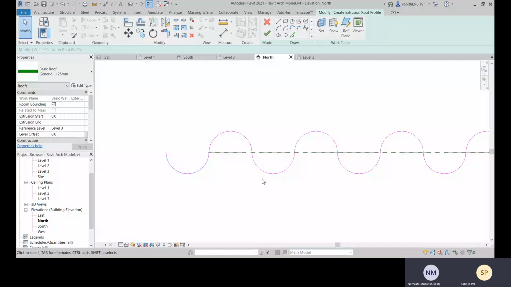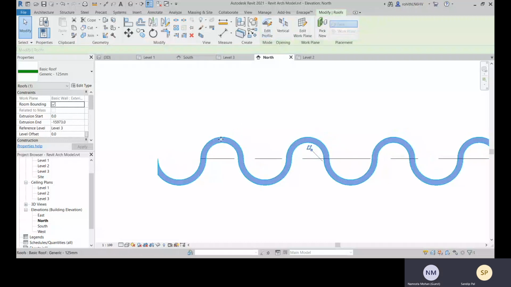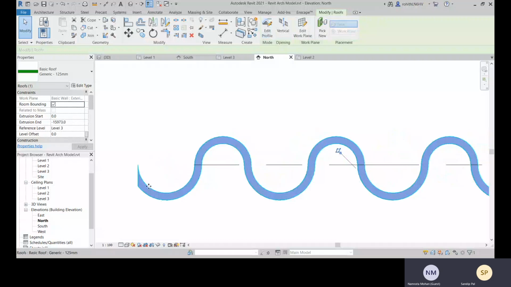Sorry, it was in AutoCAD. Yeah, right. So the roof will get the thickness from the top, okay, from the top of your line. Okay, so here you see from the top of your line it gets the thickness.